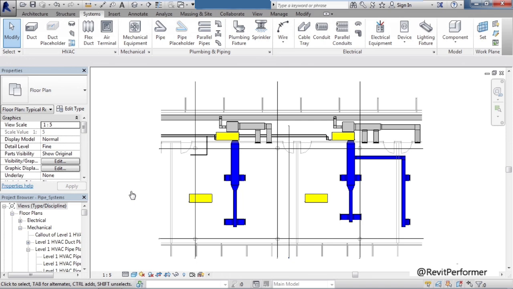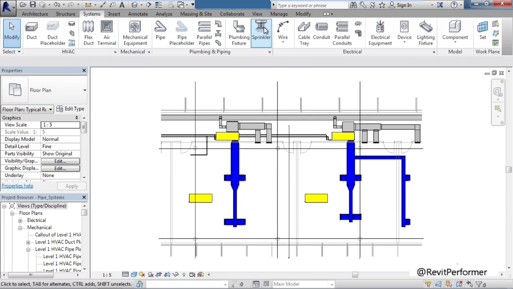So on my screen, I've actually added two more additional mechanical elements. But if I mouse over each one, you'll see the mechanical equipment element on the left has been added, and the one on the right has been added. Highlights even belong to a system that are just floating, and I'm going to use those two as an example to add a new system.